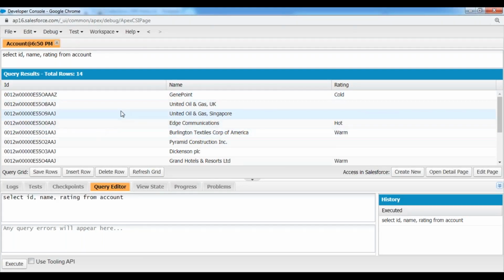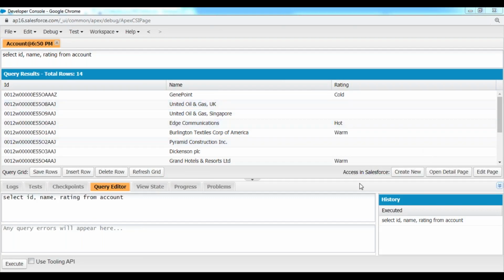Whatever account records are available inside this object will be visible, providing all the account record IDs, names, and rating values here.